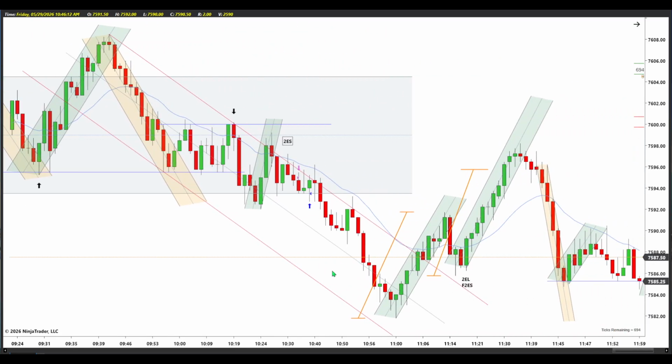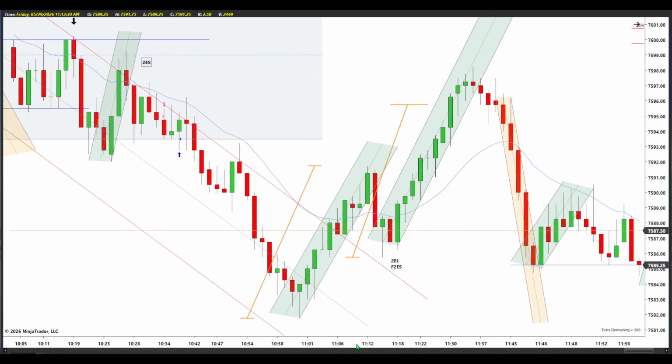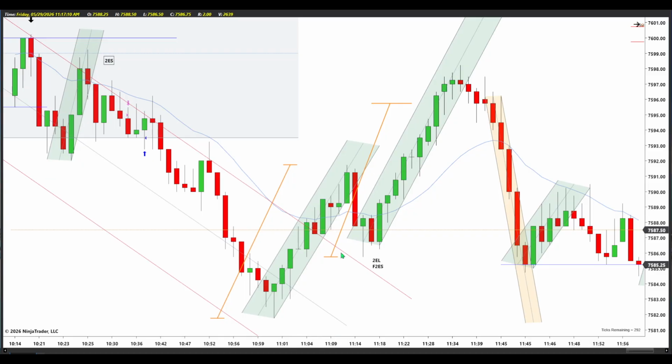Then prices move down, hits a localized low. It's a first entry short. Technically, a first entry short here, second entry short, but I also saw it as a one leg up first entry short. Now here, there's like a hidden second entry short. So technically, a first entry short, second entry short. You could argue a third entry short,